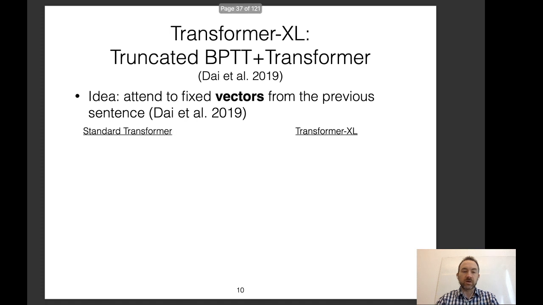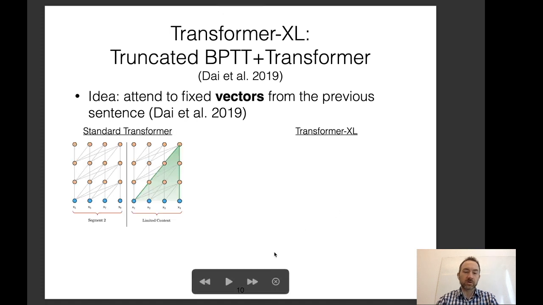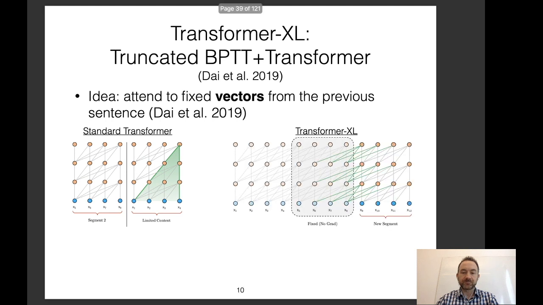And so if we look at how the standard transformer works, basically we would process one segment at a time. We would do self-attention. Let's say we're doing a left to right transformer language model, then each word would attend to all of the previous words in the sentence. However, when we reach a segment boundary, we basically would stop attention there and not attend back any further. So because of this, obviously that limits the amount of context that we can use to calculate the next word.